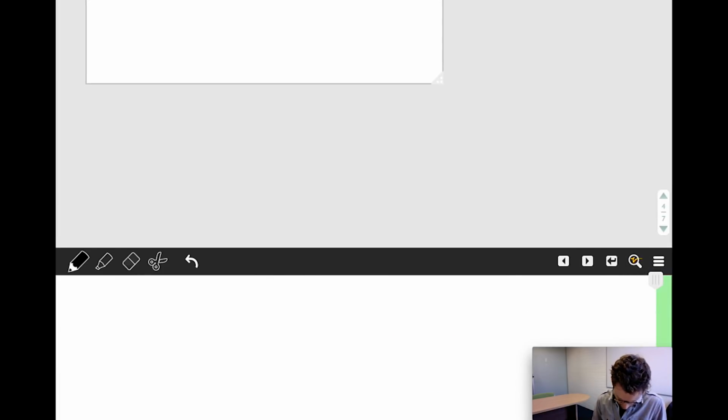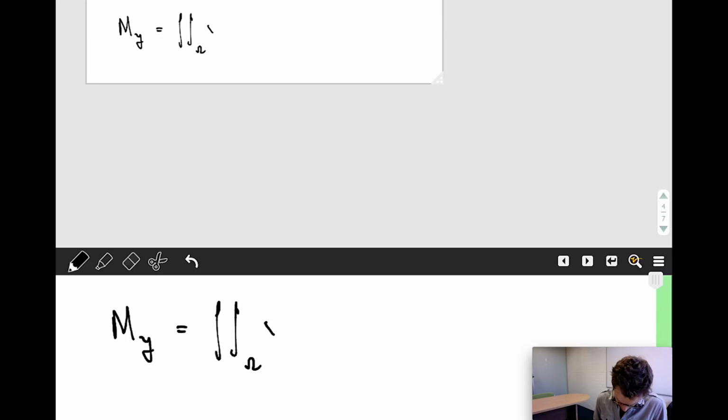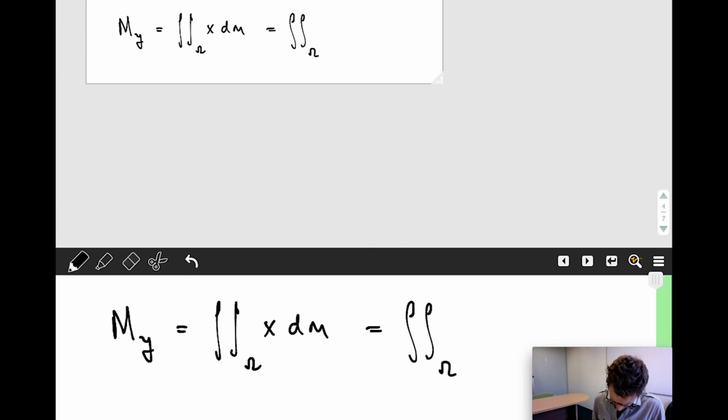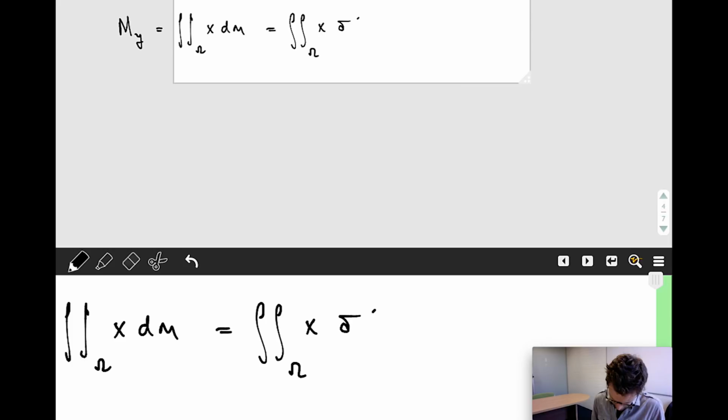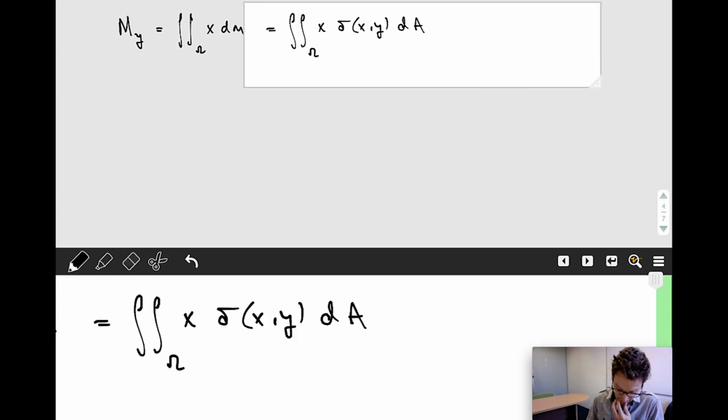So we've calculated the mass. Now let's look at the first moments, because we're going to need those to be able to calculate the center of mass coordinates. So the first moments that we're going to calculate are the first moment about the y-axis, which is the distance from the y-axis, so x dm, or x delta xy dA,